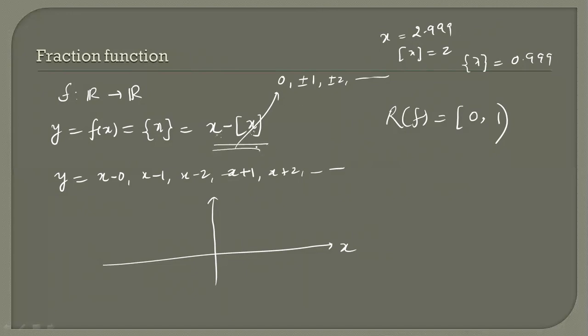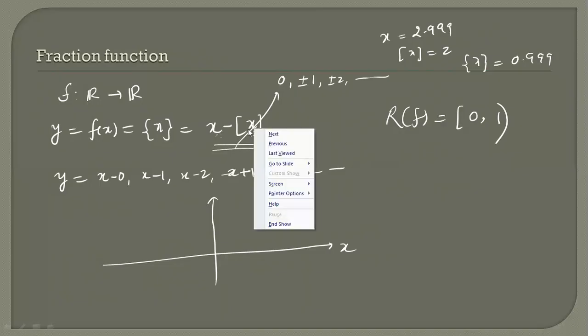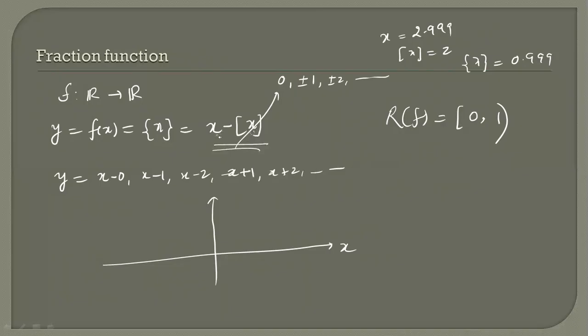The difference cannot be equal to 1, because the greatest integer is an integer value and you want the output also an integer, which means x must be an integer. If x and its greatest integer are both integers, then the difference will be 0. So you are not exactly reaching 1; you are only in some neighborhood of 1. The y equal to x line will be drawn here, and you are not reaching 1. It is from 0 to 1 only, so we cannot go below the origin or into the third and fourth quadrants.